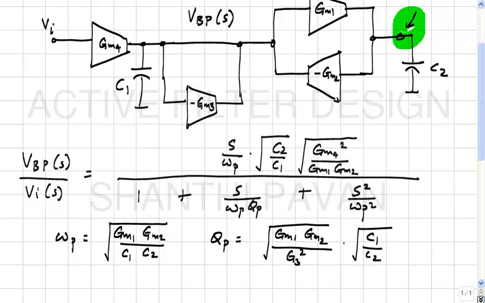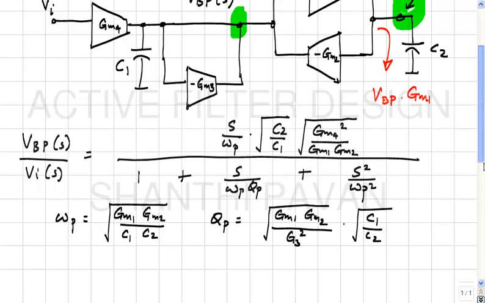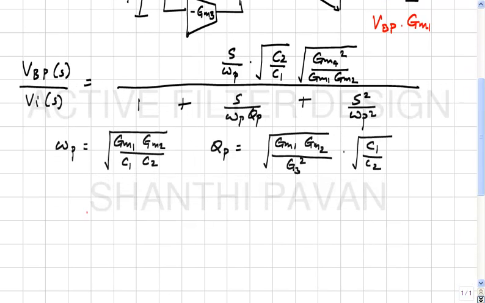If this node is VBP, then this current got to be VBP times GM1. All right, and so therefore the other transfer function will be VBP of S